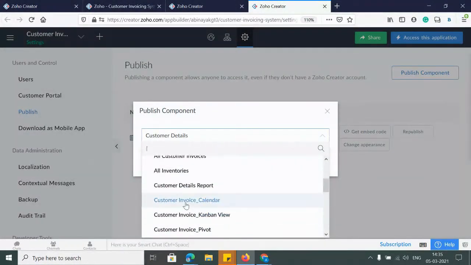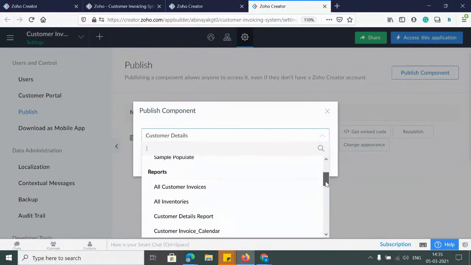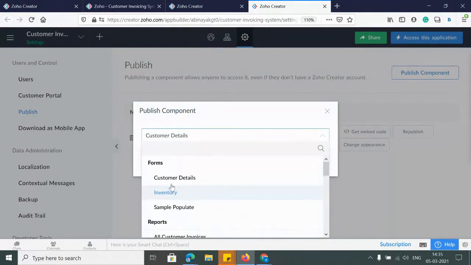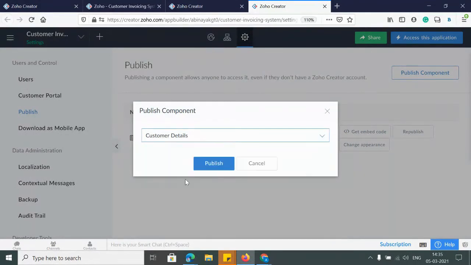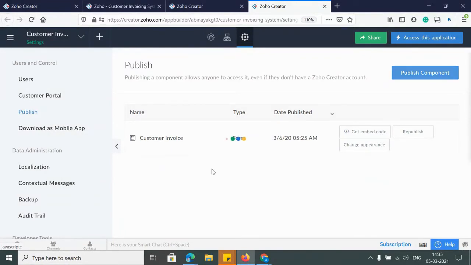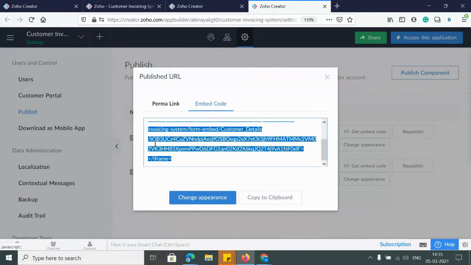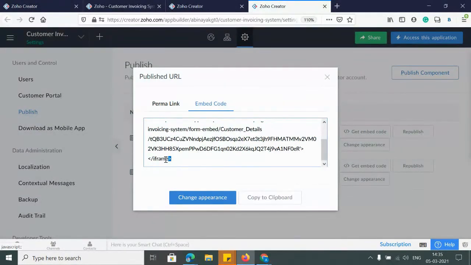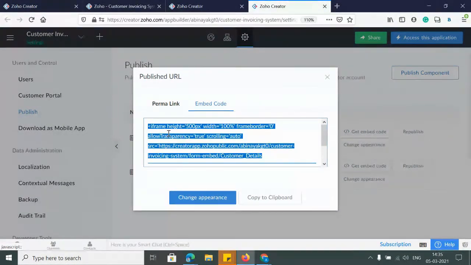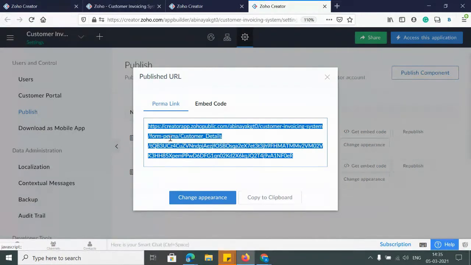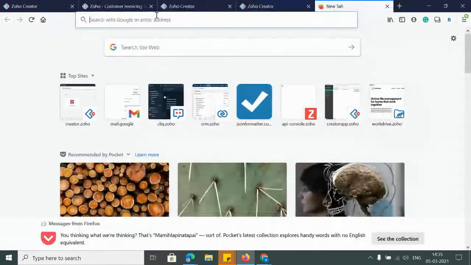Say for example, if I have to publish this particular report, or all the customer invoices. Let's publish this customer details. Okay, so I'm giving it as publish. I would be getting a permalink and also the embed link. This embed link will be in the form of an iframe, and I can embed it within the pages or wherever it is required. Okay, so this permalink, if I just click it,